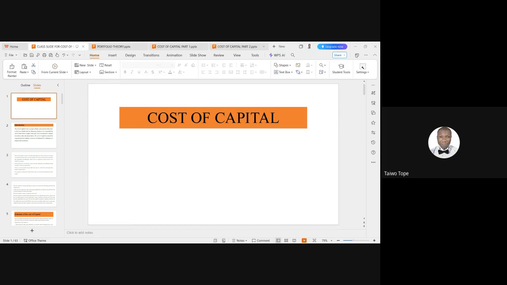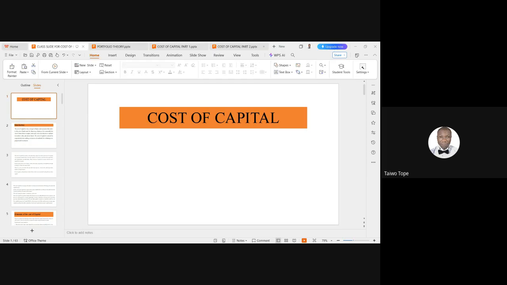So we'll continue our discussion on part D of the syllabus. Yesterday we looked at sources of finance. Today we're going to continue by looking at the cost of capital. Now, if you look at the syllabus, we are required to evaluate the cost of equity, including